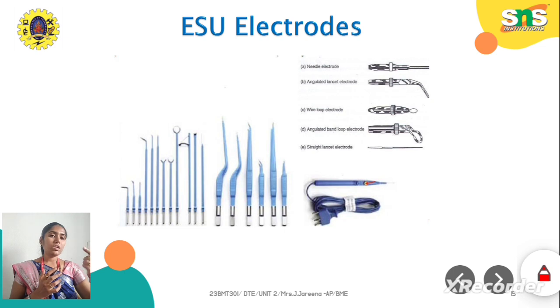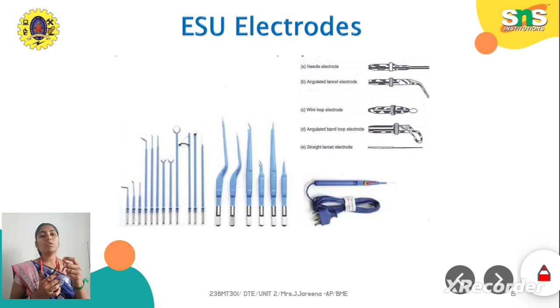If it is a needle or pinpoint, then it is called a needle electrode. If it is bent at some angle, then it is called an angulated electrode, or if it is connected with a wire loop, then it is called a wire loop electrode. Similarly, you have angulated lancet, wire loop electrode and lancet electrode. So these are different sorts of electrodes you can see, and you can connect them to the pencil active electrode